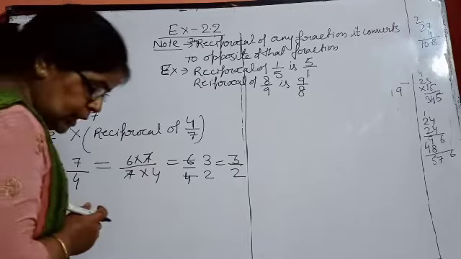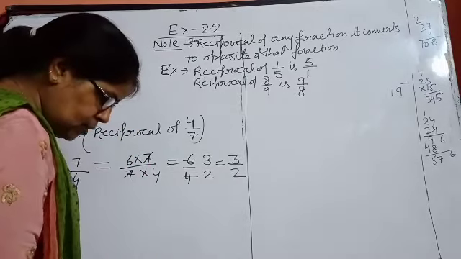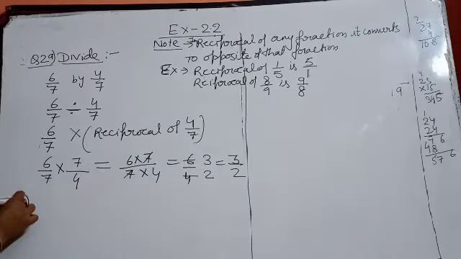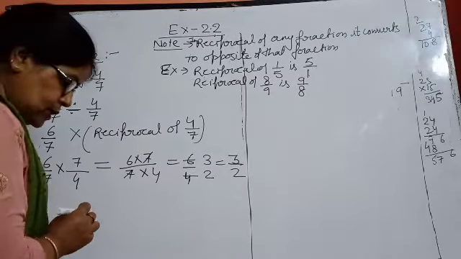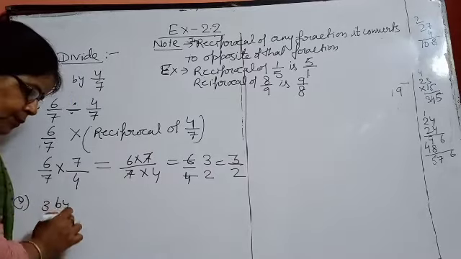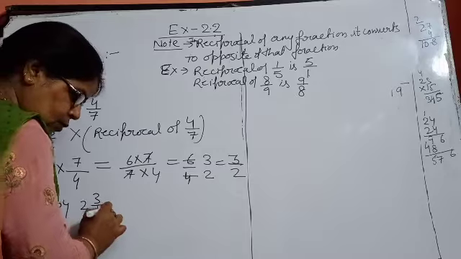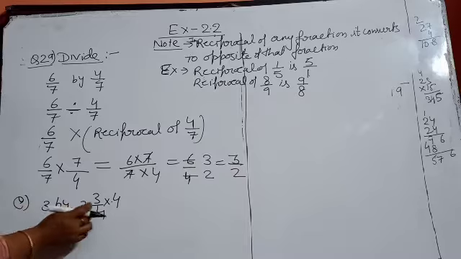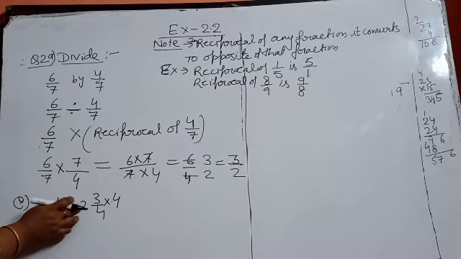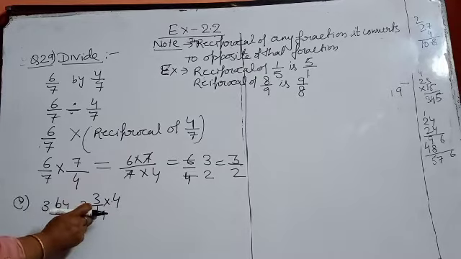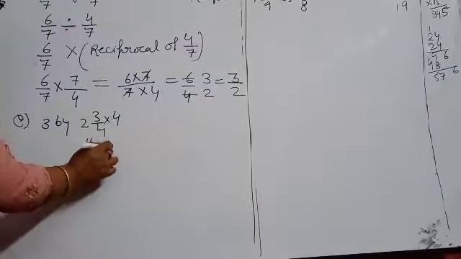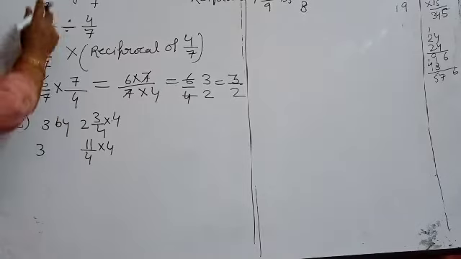Now we are moving to the next question. One by one I am doing each kind of question. Okay, suppose I am taking E part now. Till E part you will perform yourself. 3 and 3/4 divided by 4. First of all, what will you do? A mixed fraction is there, so convert it into an improper fraction. 4 twos are 8, 8 plus 3 is 11. 11/4 divided by 4.